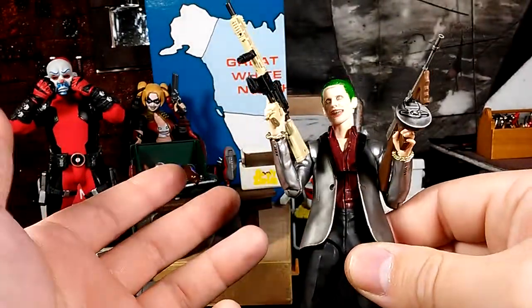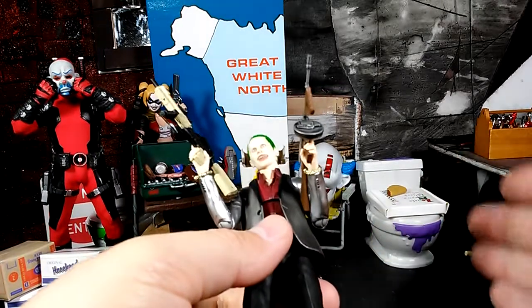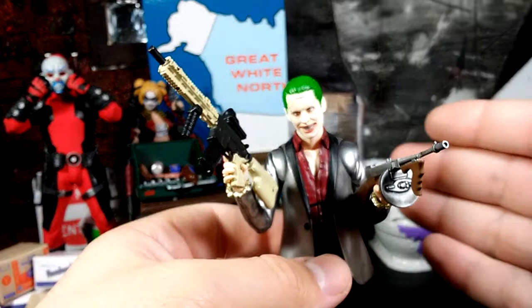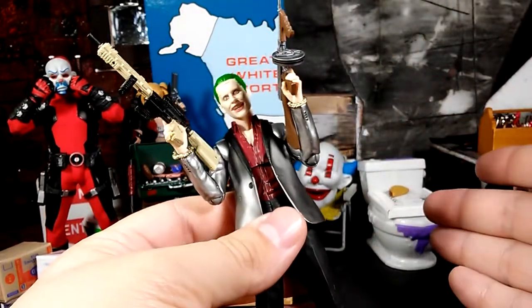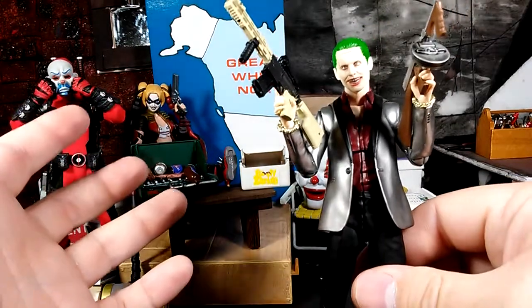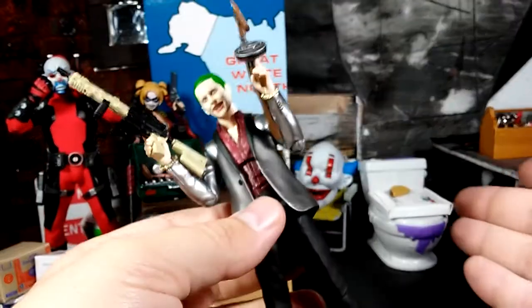And the figure does look good. And again, it's the Joker. So any type of Joker figure, whether it's from a not so good movie or whatever, I'm gonna pick them up. And again, I saw the figure, I saw reviews, I've seen other types of reviews on him. And yeah, I felt like I had to add him to my Joker collection